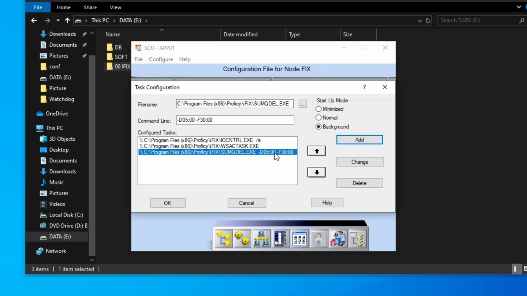Finally, the SUMCDEL, or Summary Queue Delete task, manages and cleans up the queues of summarized historical data in iFix. This applies to systems that will be historizing data, as will be our case. These 3 are the basic tasks, but we're also going to add the task that opens the SCADA's graphical environment,